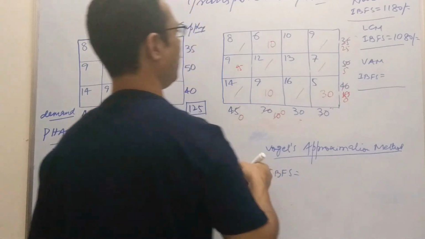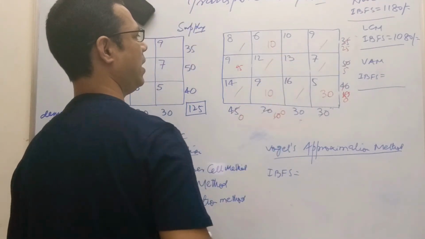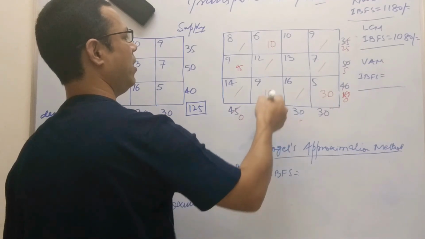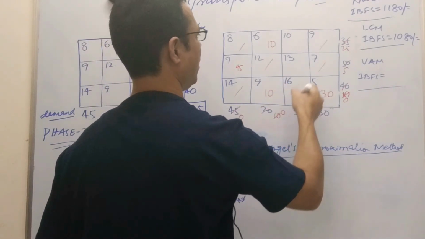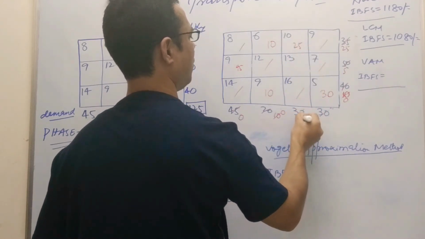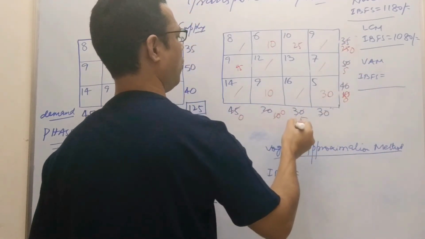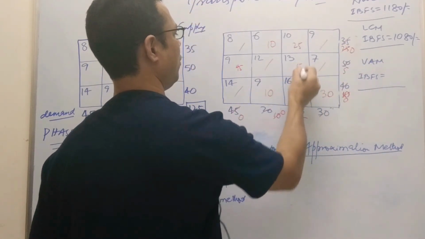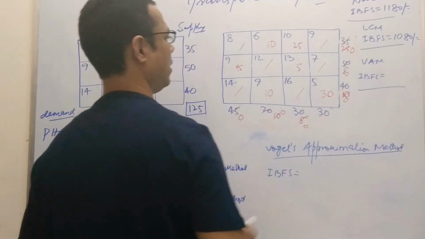Again what is the difference here? So 10 and 13. Only 10 and 13 are left. So 10 is the least. So we'll move here to 10. So 30 and 25. 25 will shift here and it will become 5. The supply is gone, 0. Now 5 and 5. So this 5 is going to shift here. No supply, no demand. Finish.